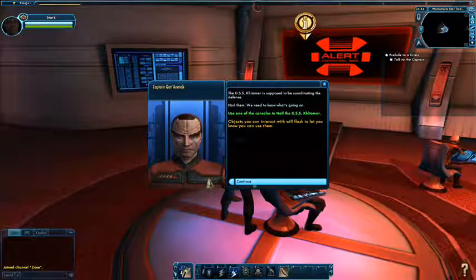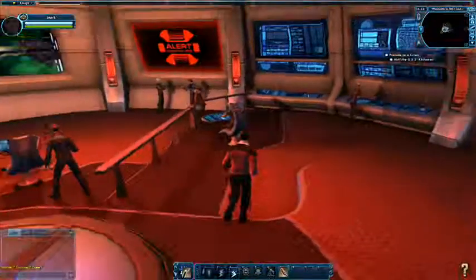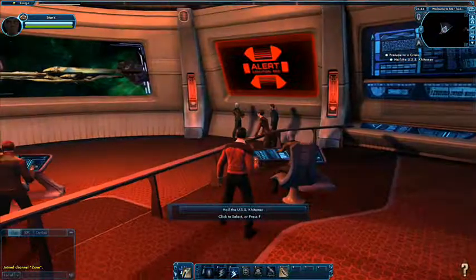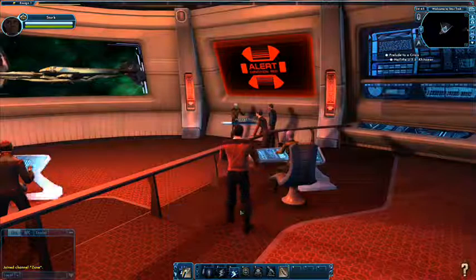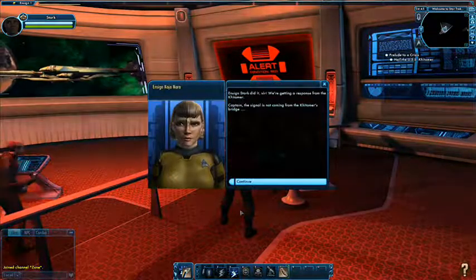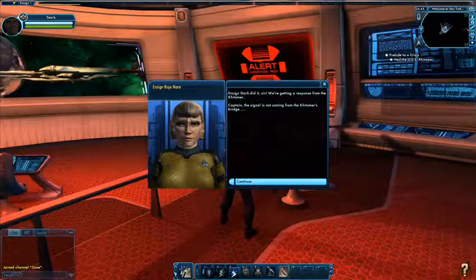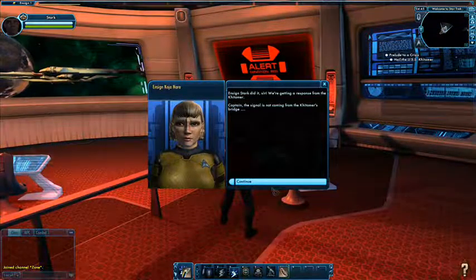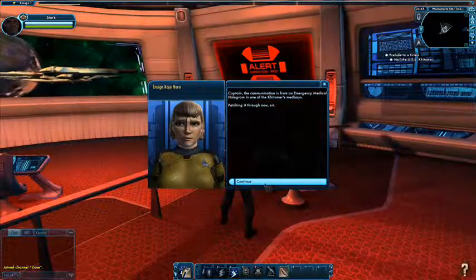We just use one of the consoles to hail the USS Kittimer. Actually, I think I'll just play through it, because I've gone through all of them. If you want to see all that, you could watch the other footage. But what I have been thinking of is different ways I can make this more interesting. I've got to get out of the habit of reading these, because I've already gone through them all in the first lot of videos. What I was thinking was maybe...